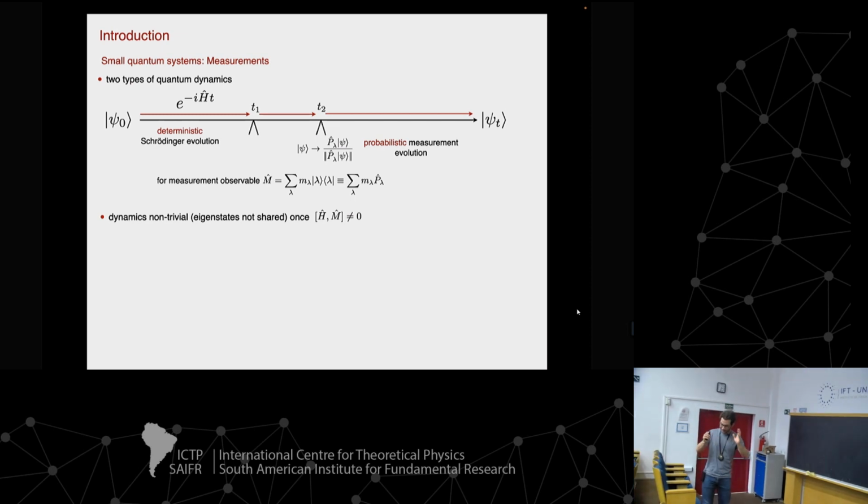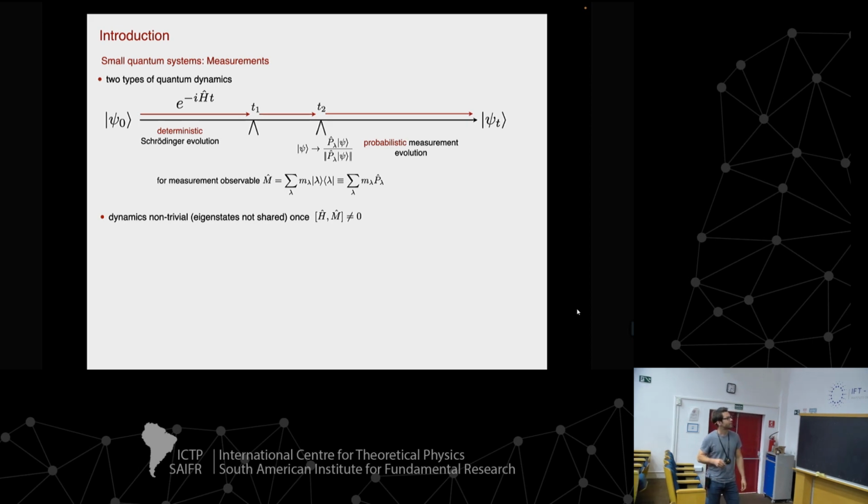Okay, so an interesting observation that you can already make in very small quantum systems is that the dynamics that results from the simultaneous presence of Hamiltonian evolution and measurements is that it will never stop, never come to an end in the moment that the Hamiltonian operator, a Hermitian operator, and this Hermitian observable do not commute. Because then whenever I collapse, say, by a measurement into a state, then the Hamiltonian will kick me out again, simply because they do not share a full set of eigenstates. So that's this non-commuting nature of operators.